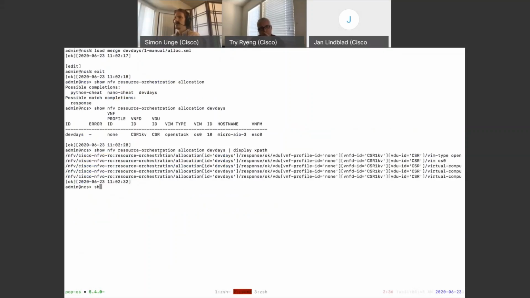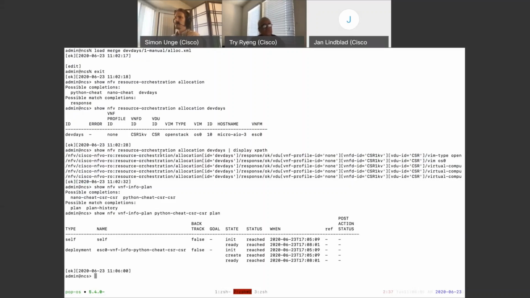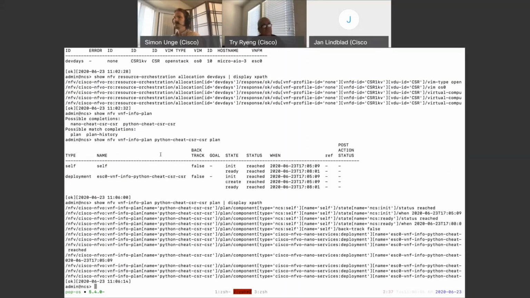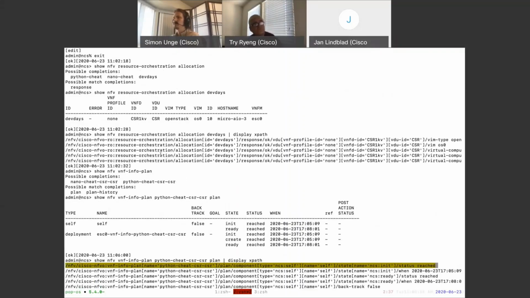So if I go to my CLI and do a show NFVO vnf-info plan, let's take one of the ones that's booted. It has a bunch of different configurations. What I'm interested in is if the self component of the plan is ready reached. And again, I use the trick to do a display xpath here to give me an easy way to figure out which